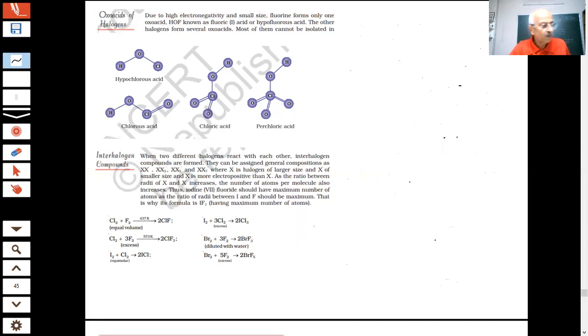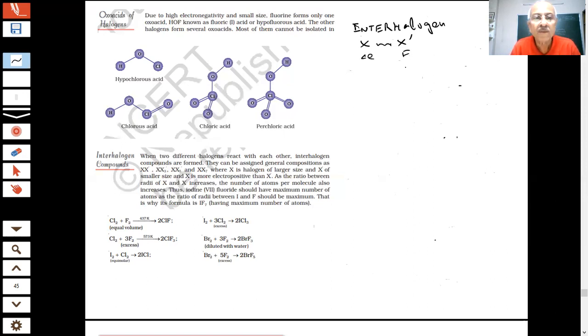Okay, students, then the story is, what are these interhalogen compounds? We are saying there are interhalogen compounds. Interhalogen will mean if I have one halogen X and another halogen X dash, then they will react with each other and form compounds. That is what it means. Two different halogens are there. Say Cl is there, F is there, or anything can be there. They react and form interhalogen compounds.